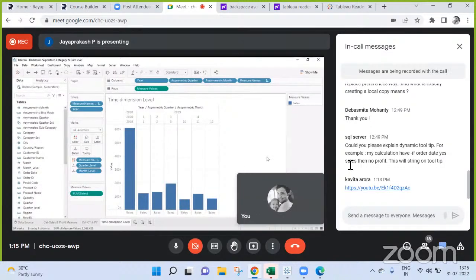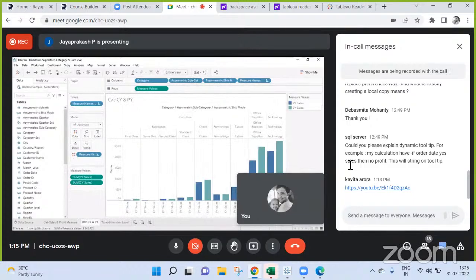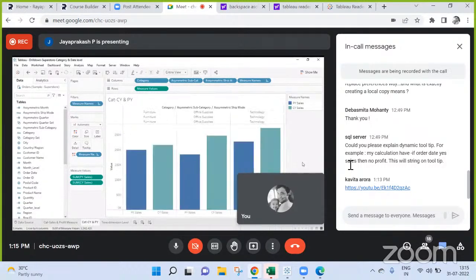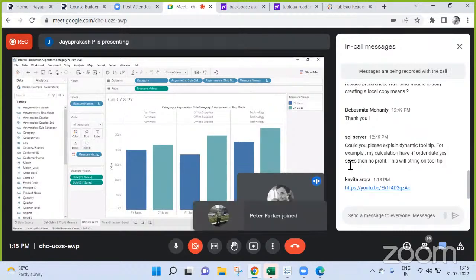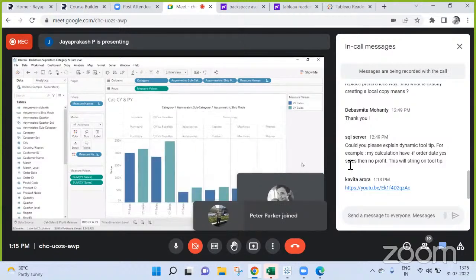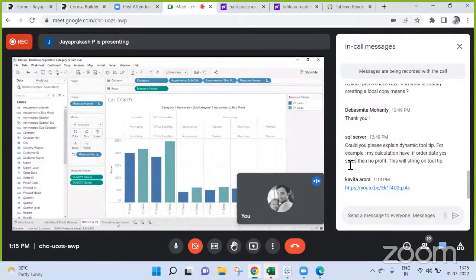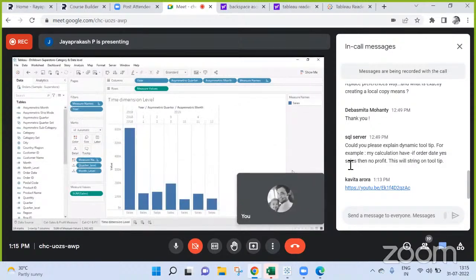If I'm selecting one category like you did, right? The same way we can do it through set actions. I think you have done this through action filters, set actions. He used set action. The same way you can try this set action for year and month. Just don't create the current year and the previous year. Just create a simple year, month, and quarter and provide the set actions.